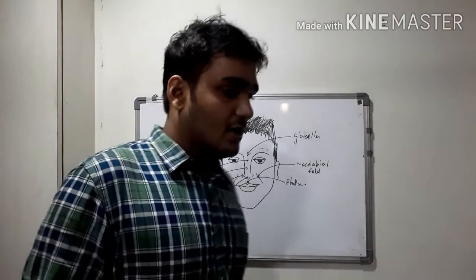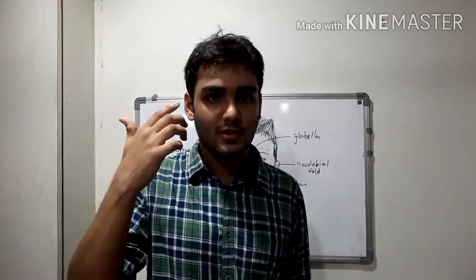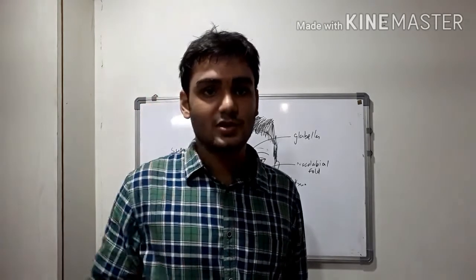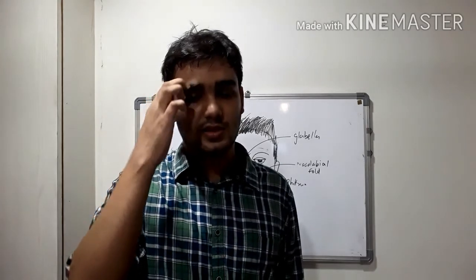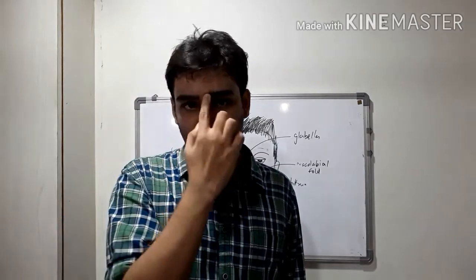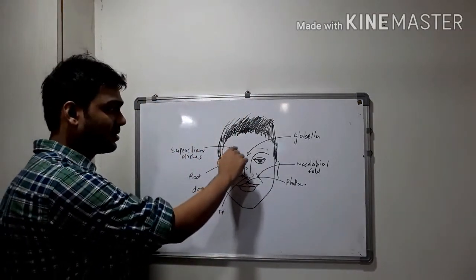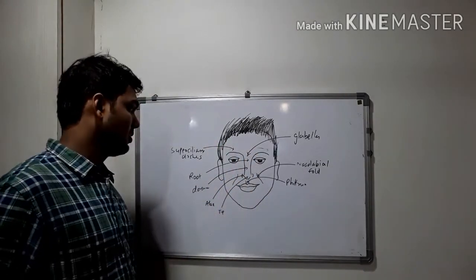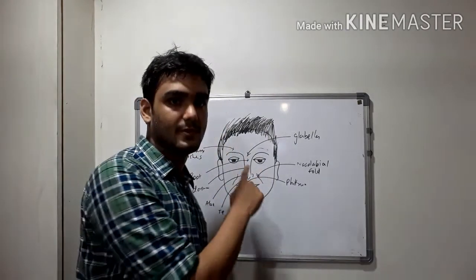Now, touch yourself above the eyebrows. Can you feel a rounded elevation? A rounded prominence above the eyebrows? Yes, these are the superciliary arches present on each side, and these two meet at the nasal bridge, and that point is known as glabella. Talking about the various parts of nose, this part is known as the root of nose.